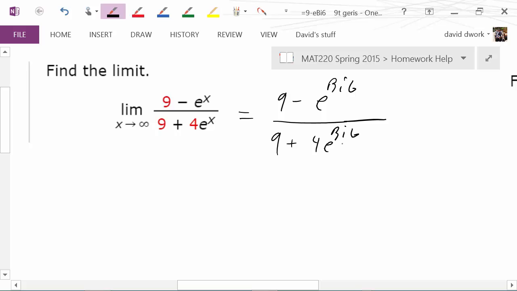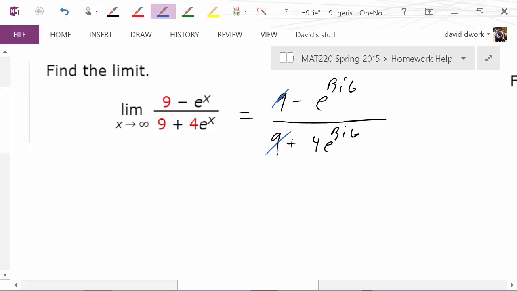So if someone told you that you had $9 and then I'm going to take away e to the big, well, what is e to the big? Remember, e is approximately 2.718. So when I say e to the big, I'm saying e times e times e times e times e, over and over and over, because the exponent is large. If I did 2.7 times 2.7 times 2.7, that would be gigantic. So if you started with $9 and someone said they were going to take away $1 billion, or if you had $0 and someone said they were going to take away $1 billion, it might as well be the same place, it doesn't really matter. So by our big little logic, we're going to say